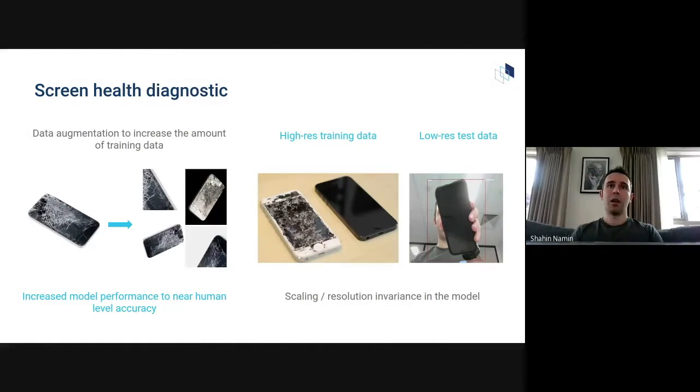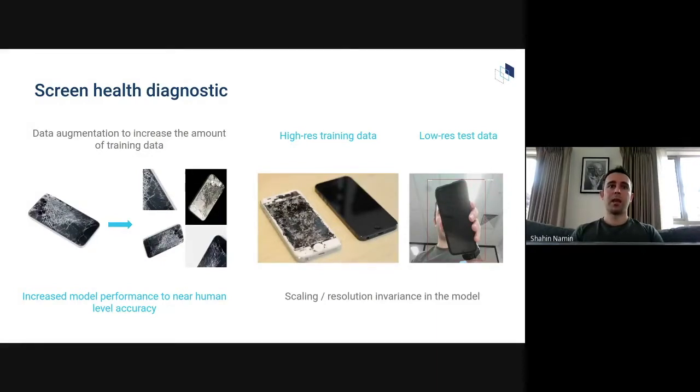And as you can see here, for data augmentation, you take an image from your training data, you apply a set of image processing transformations to that, like rotation, cropping, flipping, inversion, changing of the contrast and brightness, or adding noise to your image, or the combination of these. This way you end up having a larger training data set when you add these generated images into your training data.